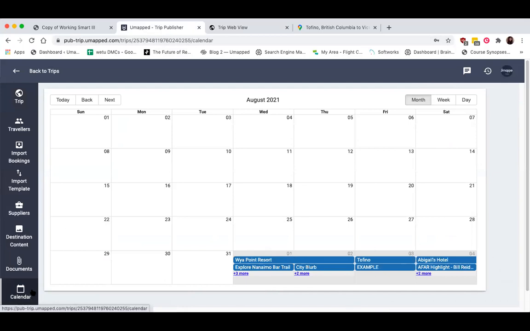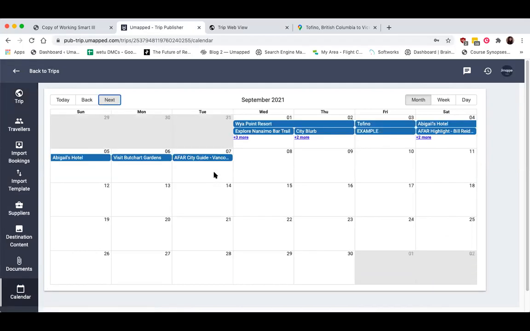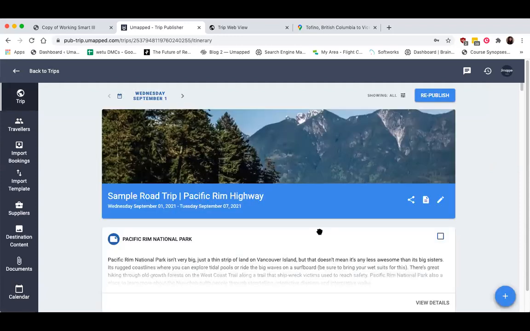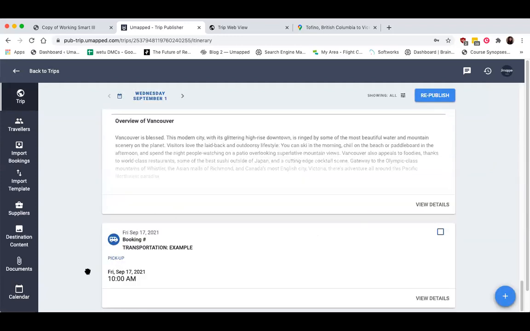And because the calendar and the main trip are completely linked, there's nothing you could do here that wouldn't get reflected in the main body of the itinerary, absolutely nothing. Anything I do here is going to affect my trip. So you can't use this as a place to experiment or anything like that. If you move it here to that, it's going to get moved here to that.